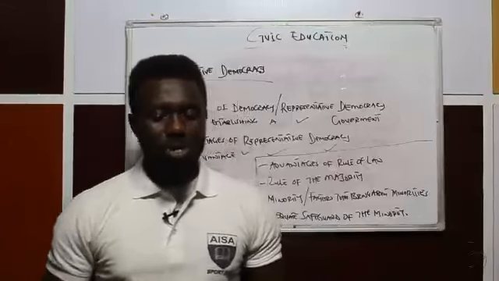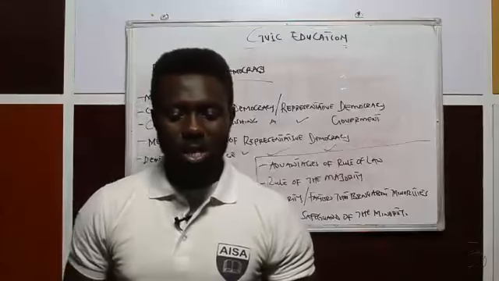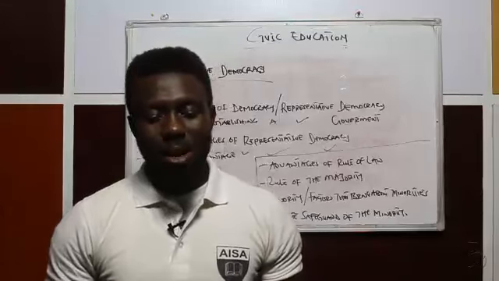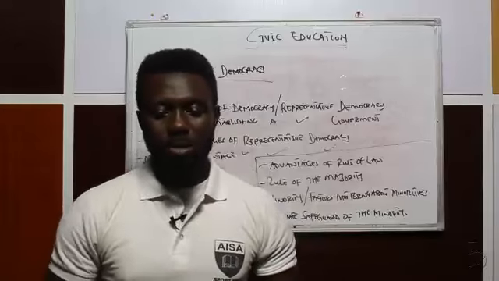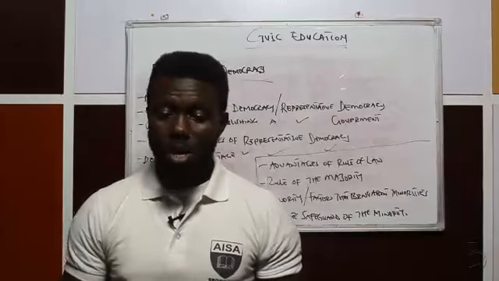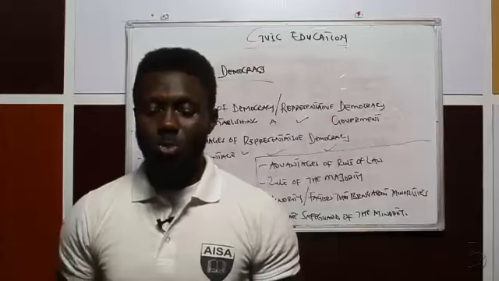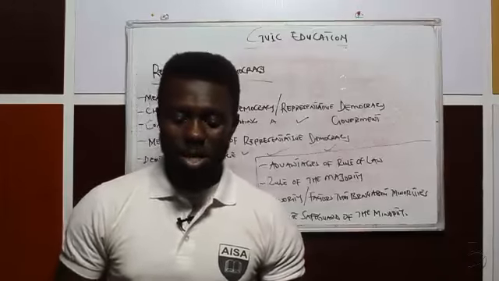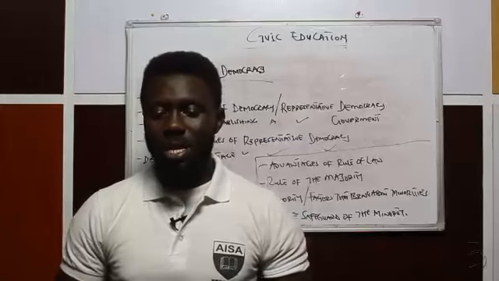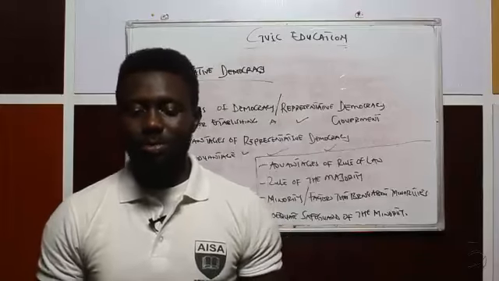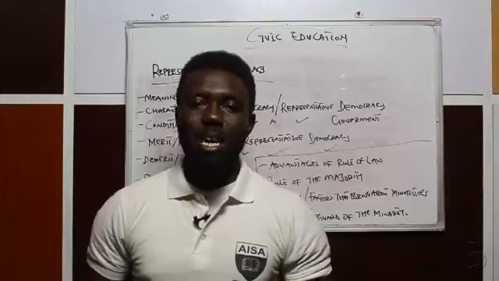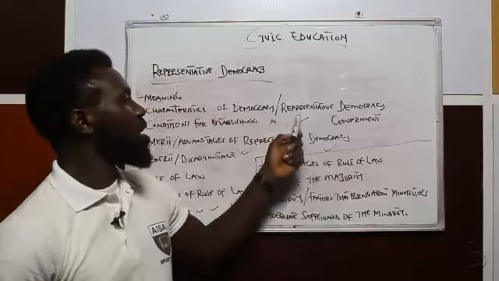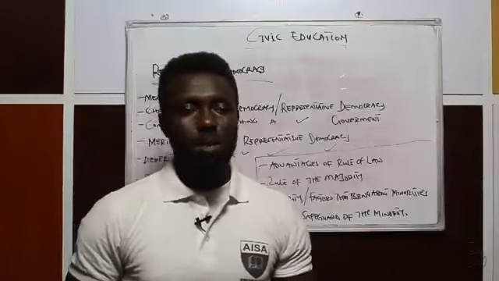Number 1 is periodic, free and fair election; number 2 is accountability of the government to the people; number 3 is tolerance of opposition; number 4 is adequate consultation; number 5 is equal participation; number 6 is the rule of law; number 7 is the majority rule; and then number 8 is independent electoral commission; number 9 is informed electorate; and then number 10 finally is the free press, mass media. All these are characteristics of representative democracy.